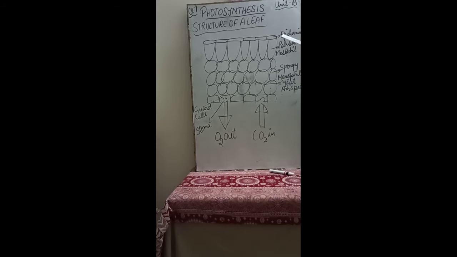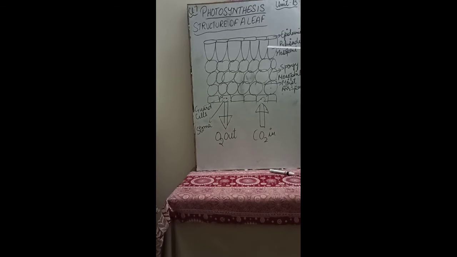So this structure of the leaf, I hope it's clear to you. It is the cross-sectional structure of the leaf as seen under the microscope. Let me again revise it: the upper and lower both are constituted by flat cells called the epidermis, closely packed to each other. The epidermis is also on the lower side, where guard cells are present. The stoma is present where exchange of gases takes place: O2 comes out and CO2 is used by the leaf for the preparation of food.